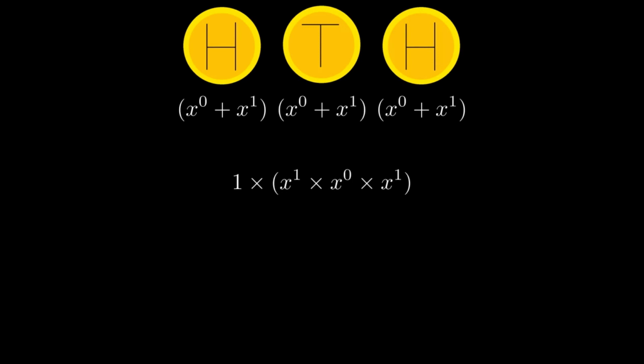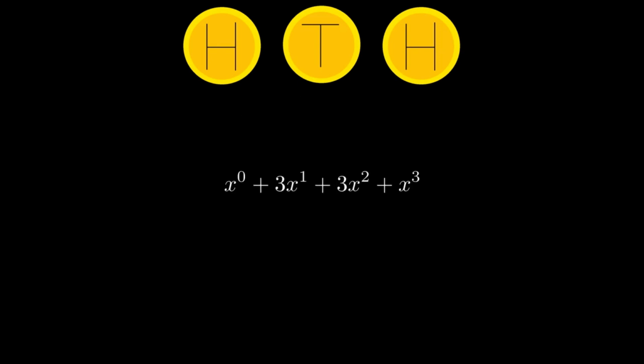Not only that, but multiplying the powers of x together will add the powers, in this case 1 plus 0 plus 1 is 2, to give x squared as the new power of x. So this outcome is part of the 2 heads in 3 flips group, and can only be done one way. There are of course other ways that we can get 2 heads in 3 flips, and the number of ways we can get this outcome would be the coefficient of x squared in the expanded expression. For example, we know there's only one way you can get 3 heads, or no heads, which is exactly what the coefficients are telling us. It's amazing that we can get all this information that we could want about any number of heads in any number of events by only expanding some brackets.